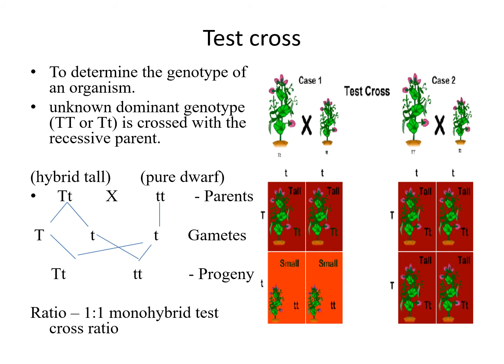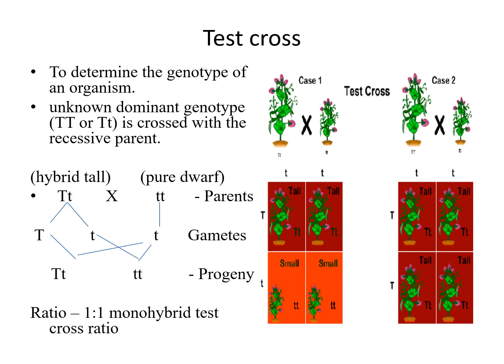So from this what can we understand? One parent must be homozygous recessive, but the next parent may be either homozygous or heterozygous dominant, that is tall. Here with the help of this, the crisscross is also shown. See the first case alone, it is shown here. The parent is hybrid tall, so capital T, small t. Then pure dwarf as the next parent, so we can get only one gamete, but in this case we can get two gametes. So what are the progeny possibilities?